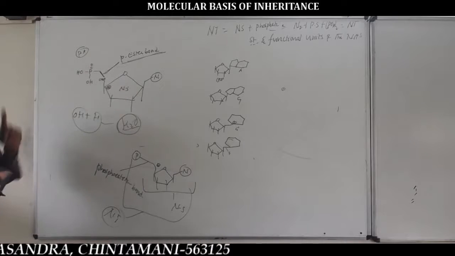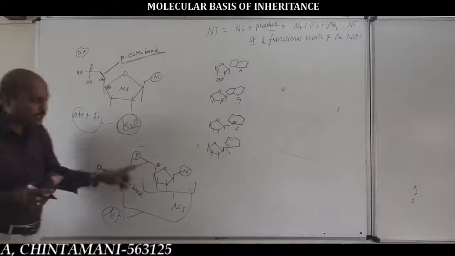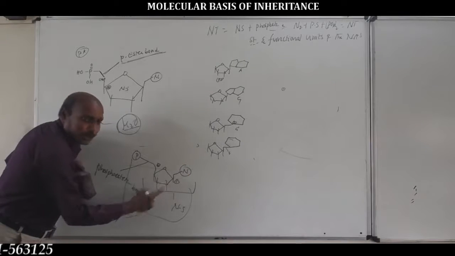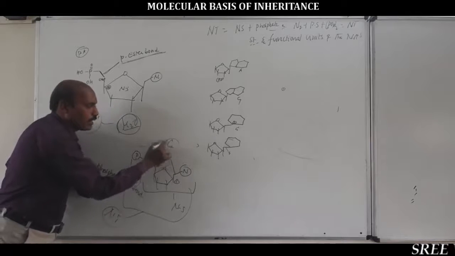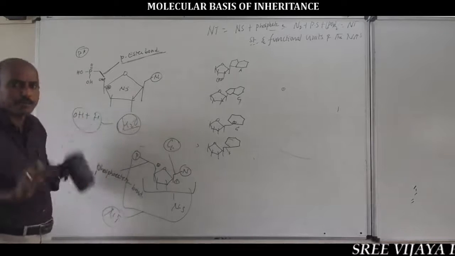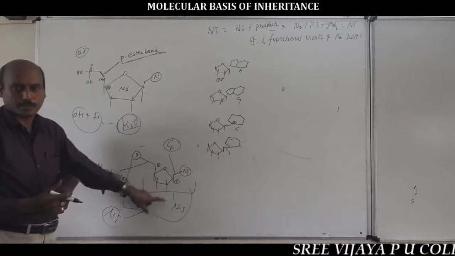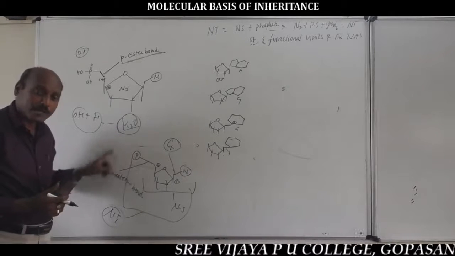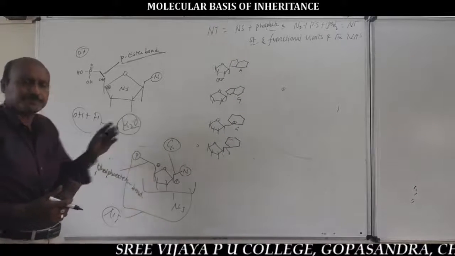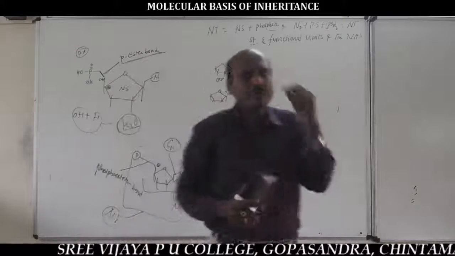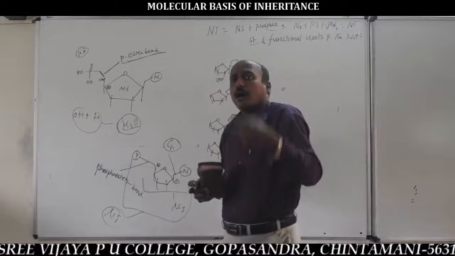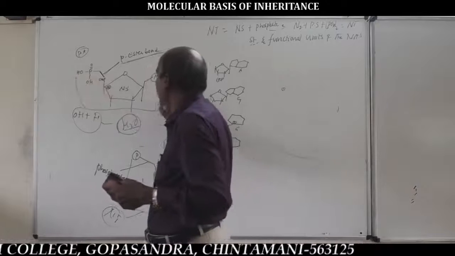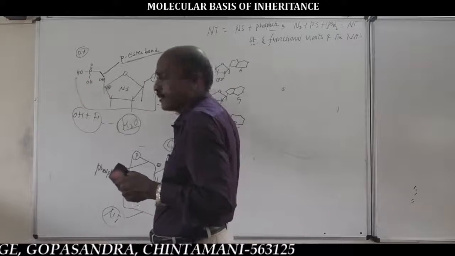During formation of a nucleoside, the nitrogen base binds to the first carbon atom of the pentose sugar through a glycosidic bond. As a result, a nucleoside is formed. Now, the phosphate group attached to the fifth carbon atom of the pentose sugar of the nucleoside through a phosphoester bond leads to the formation of a nucleotide.